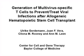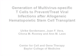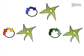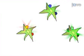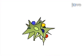The overall goal of the following procedure is to rapidly generate donor-derived virus-specific cytotoxic T lymphocytes, or CTLs, that are suitable for adoptive transfer to allogeneic hematopoietic stem cell transplant, or HSCT, recipients. This is achieved by first nucleofecting dendritic cells, or DCs, with plasmids encoding viral antigens to prime the cells for